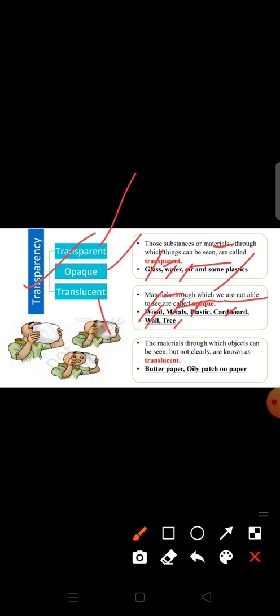Okay, now the next is the materials through which the object can be seen but not clearly are known as translucent objects. For example, butter paper, oily patch on paper, these are the translucent materials. Okay,